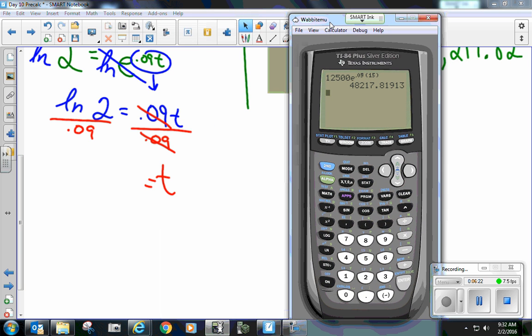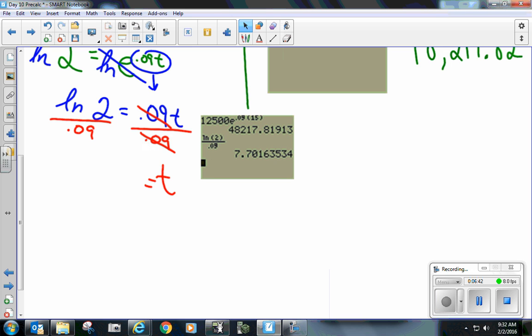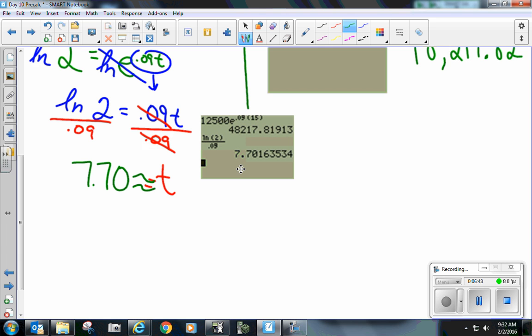I always like to use my fraction because it separates it for me. So I'll say the ln of 2 on top divided by 0.09. What do we get? Yeah. So this is how long, this is in years. If you're a banker, someone's going to ask about how long it is going to take you, what are you going to tell them? Yeah, I'd say approximately 8 years, maybe just before 8 years. So if you're a banker, you're going to say approximately